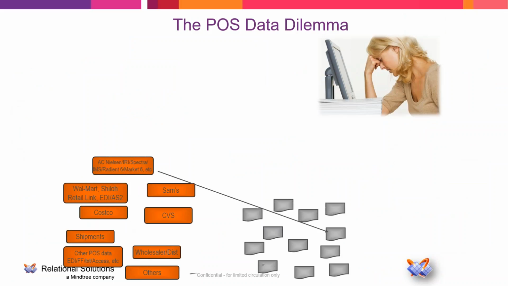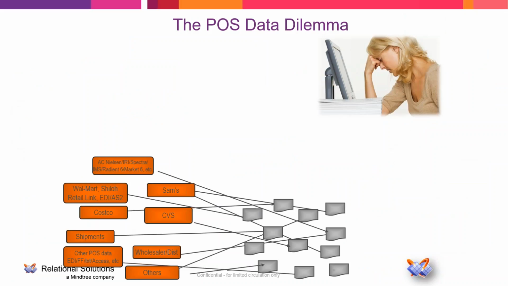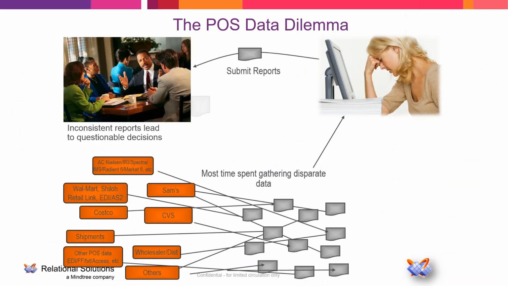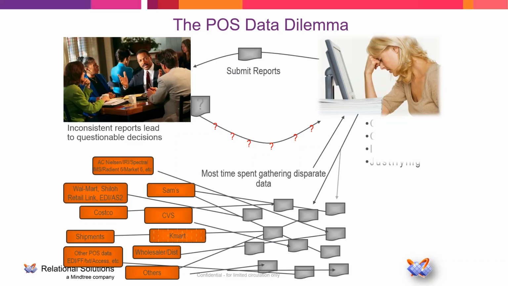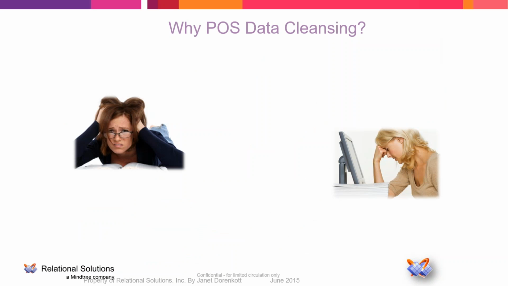So the POS data dilemma that exists is basically that a consumer goods manufacturer is getting data from so many different sources, as I mentioned. And it's not that these sources don't provide their own reports. In most cases, you can buy reports if you're getting that data from a third-party data provider. You can also create reports or even receive reports from certain retail portals or even from their partners as well. So the reports and the data exist. It's just that it's not integrated, so it's not easy to align, and it's all siloed in its own compartmentalized areas where you have to go one place or another to get this information.